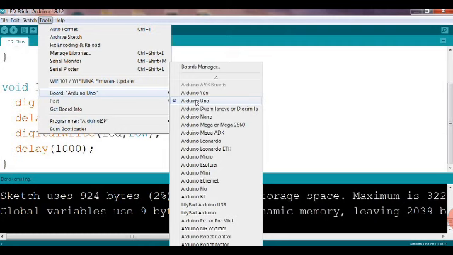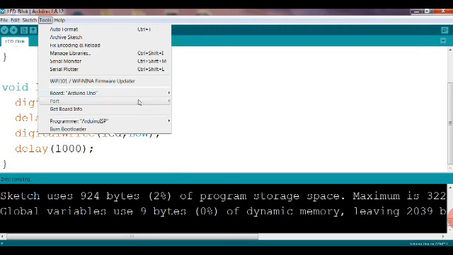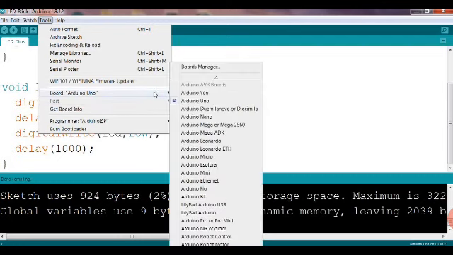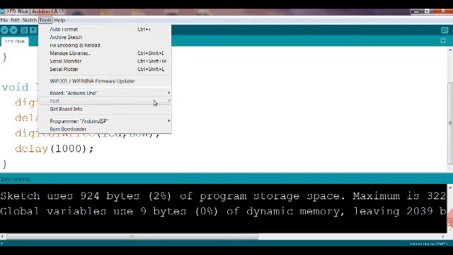So after the software is done, we go for uploading, and for this the setup has to be done. Then we go to the port, and this port option will come once we connect the Arduino board to the laptop through USB. Since I'm not connected, nothing is coming, but once you connect, the port will come, and then just select that also.